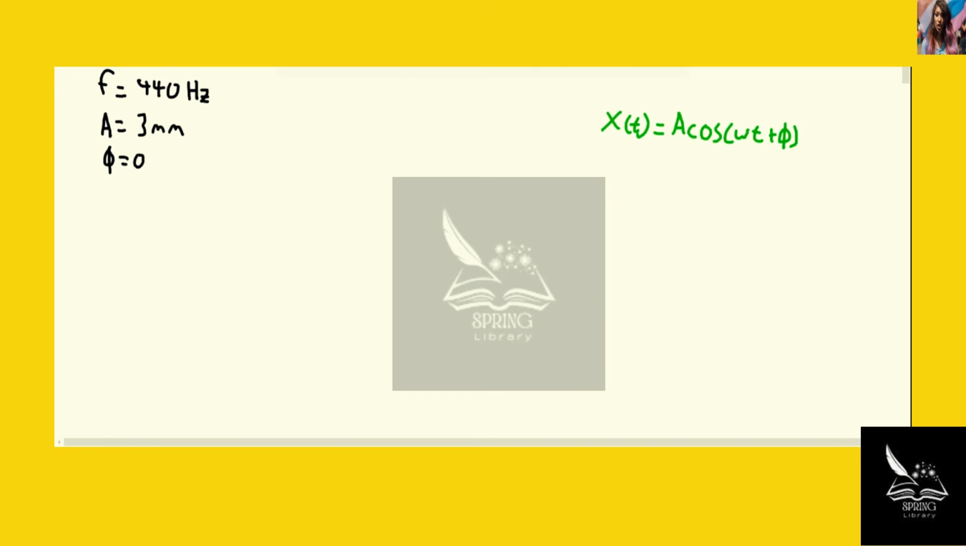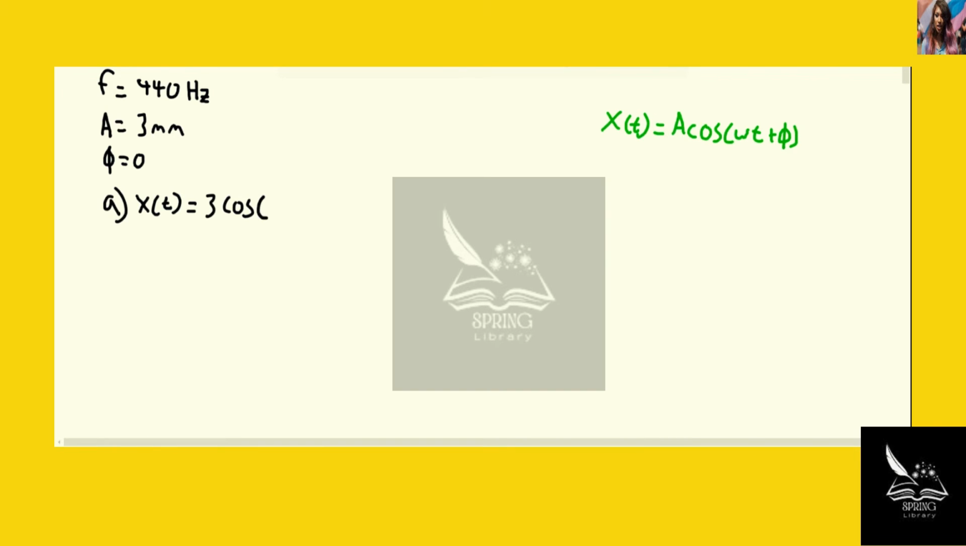So the first part of this problem, part A, asks us to write down, instead of this generalized form of the equation, a real form of it. So we're basically just going to plug in all those values that we already have. So we have x of t is going to be equal to the amplitude, which we know is 3 millimeters, times the cosine